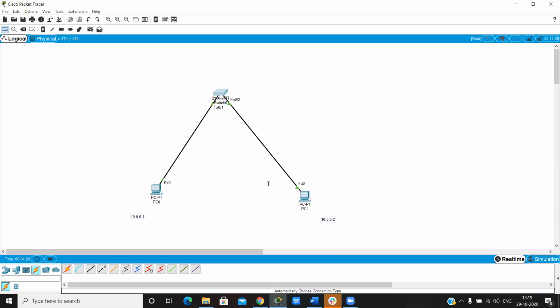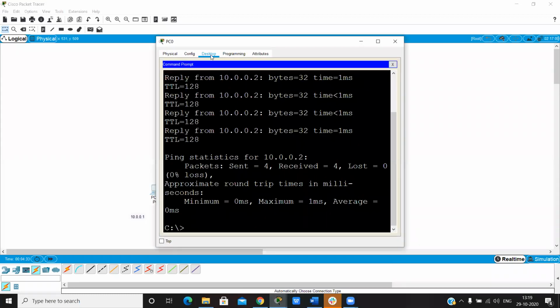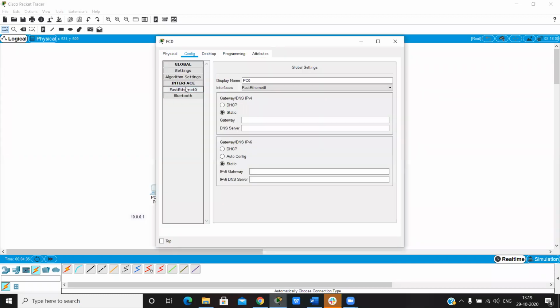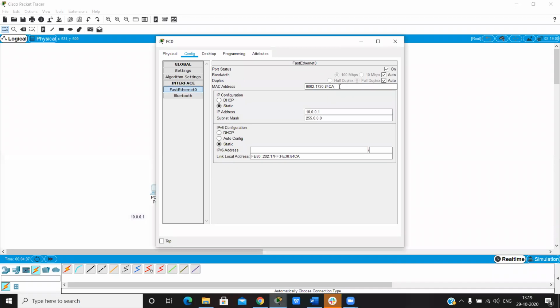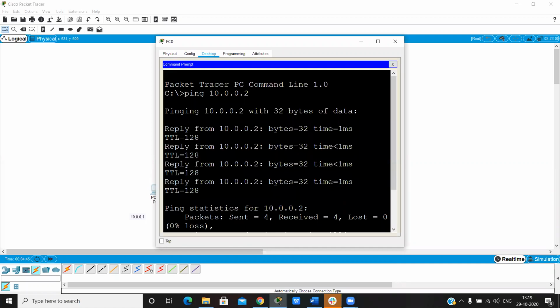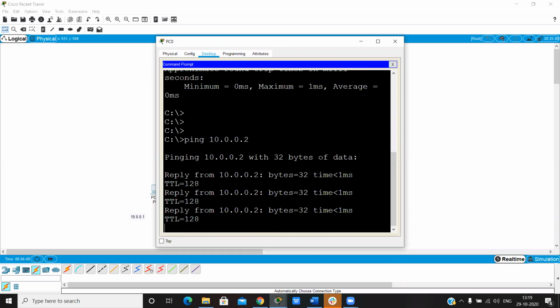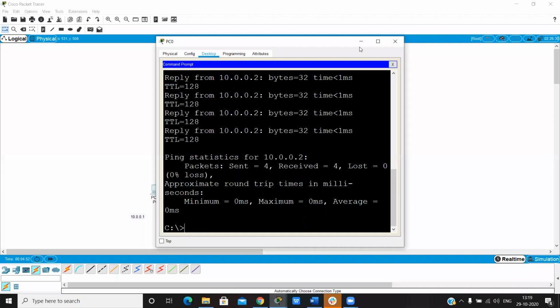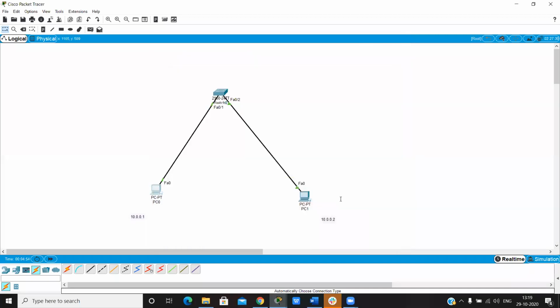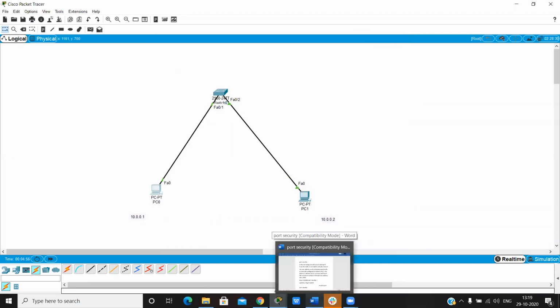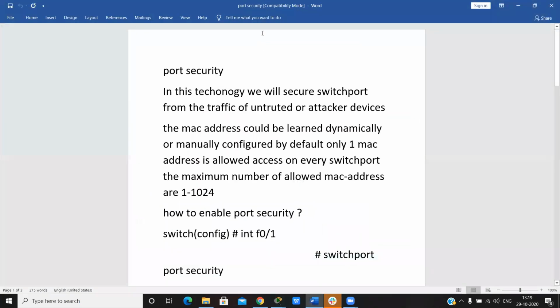Now see, if I change the device, we don't have another device here, but we can change the MAC address to CA and CB, and now the ping is successful because there is no security. So to secure this we use port security.